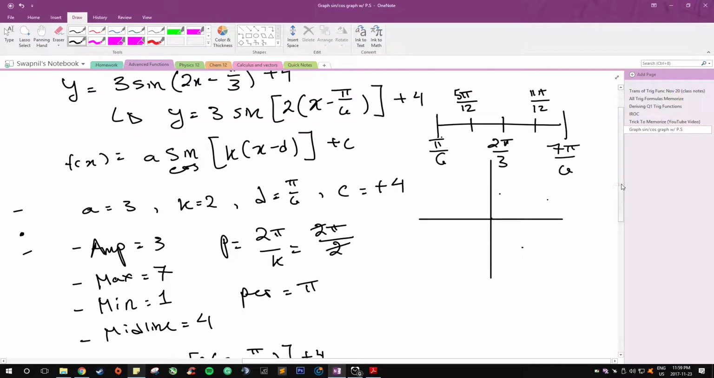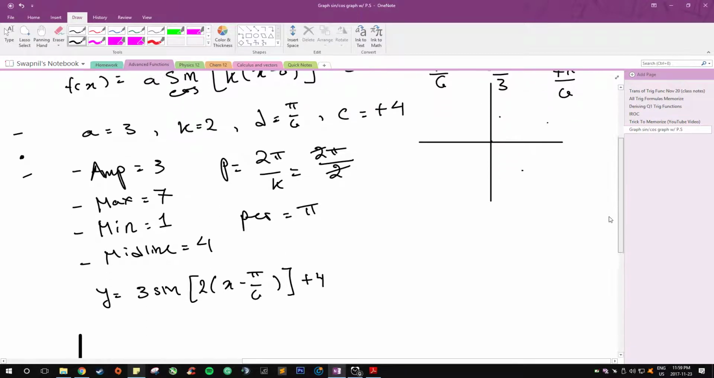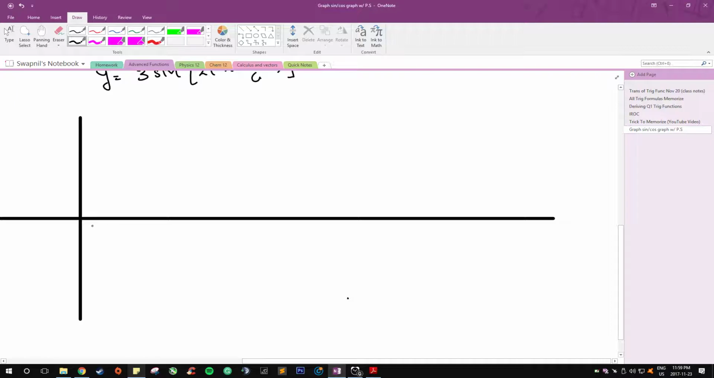1, 2, 3. Yeah, no, we're fine. So if each was pi over 12, then we'd have pi over 12, 2 pi over 12, which is pi over 6. So let's say it was pi over 6. 3 pi over 12, 4 pi over 12, 5 pi over 12,